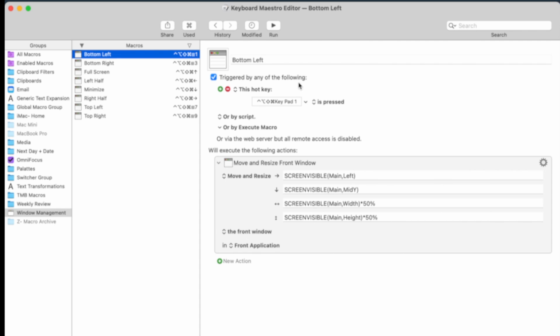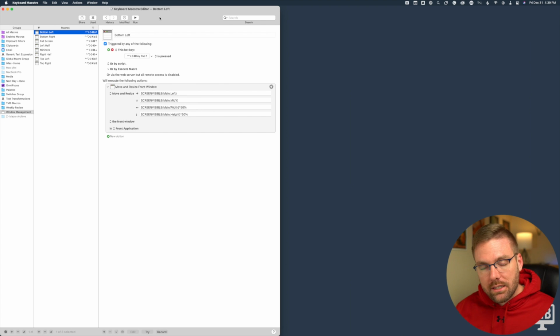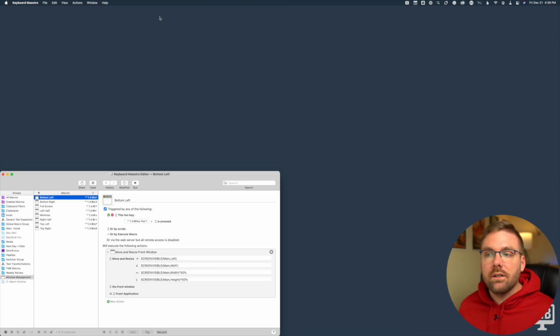So if I want the window that I'm currently using to be in the bottom left corner of my screen, I just hold the caps lock key, which I have remapped to all the modifier keys using Karabiner Elements. So I just hold down caps lock and hit the number 1, and that will move the window to the bottom left corner.